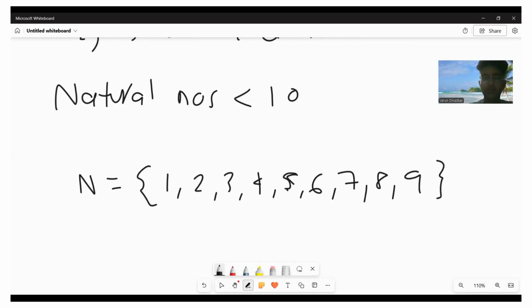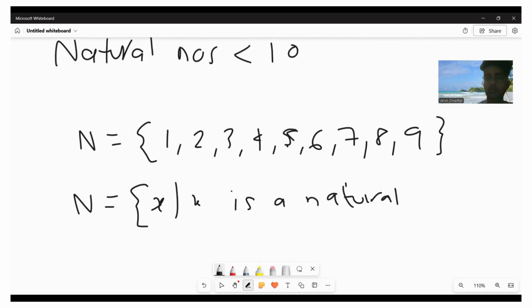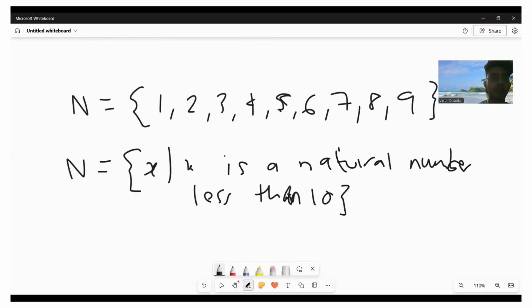Or you basically write it like this. Say n equals x, such that x is a natural number less than 10, right? So say n belongs to all x such that x is a natural number less than 10. So this is basically the roster form